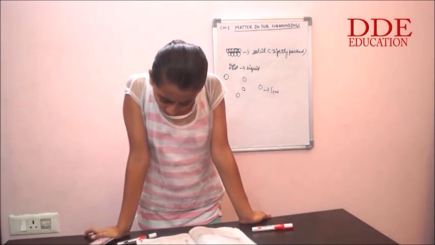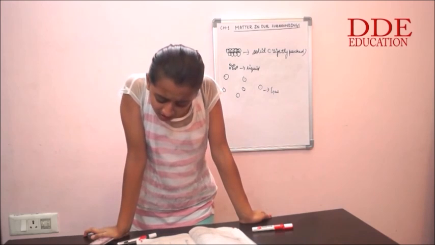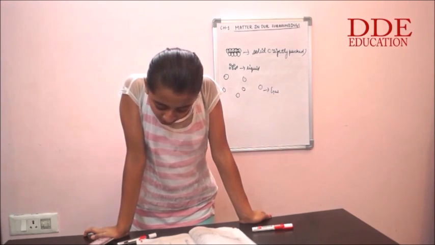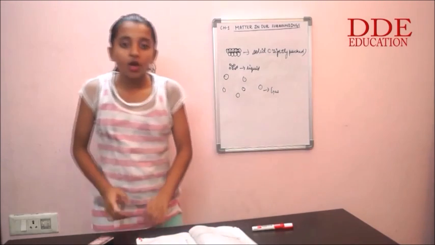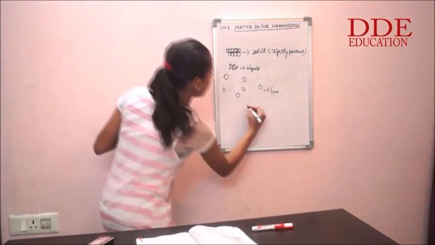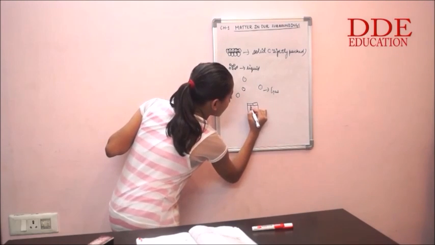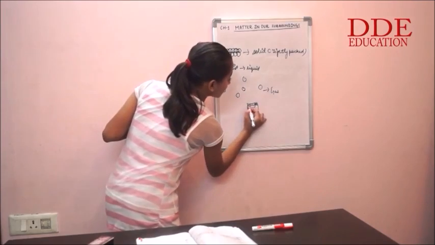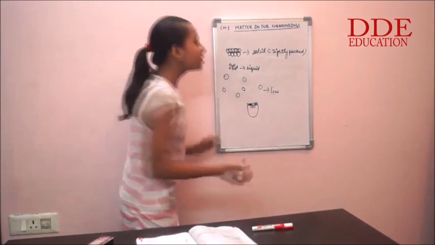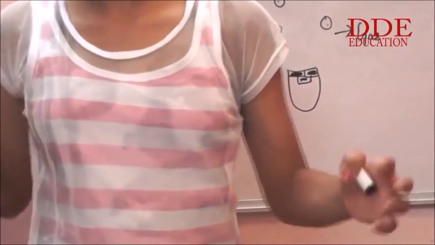Now let's read further. It says that the pressure exerted by the gas is because of the force exerted by gas particles per unit area on the walls. Per unit area means that if this is the container, then per unit area would be this, and the gas particles would exert a certain amount of force on this, because they would randomly be moving, hitting each other, and even hitting the walls of the container. That's what they do.